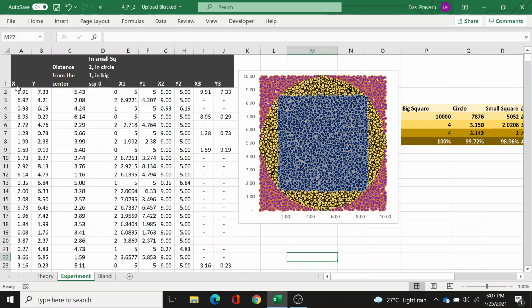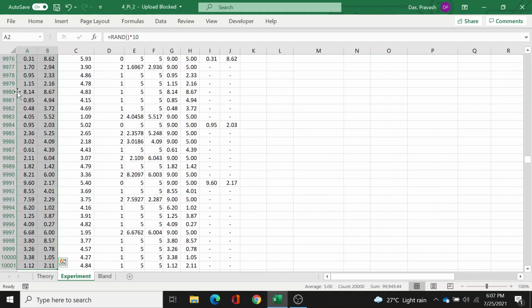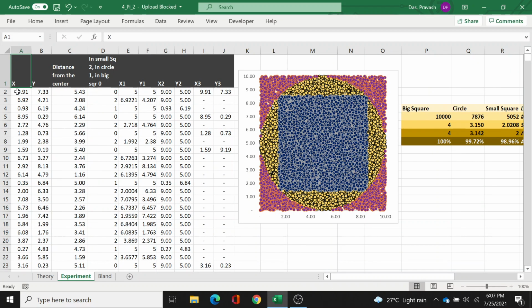So here are those 10,000 points. These are randomly generated points between 0 to 10. And what we're doing here is inspecting each of those points. If a point belongs to the smaller square inside,